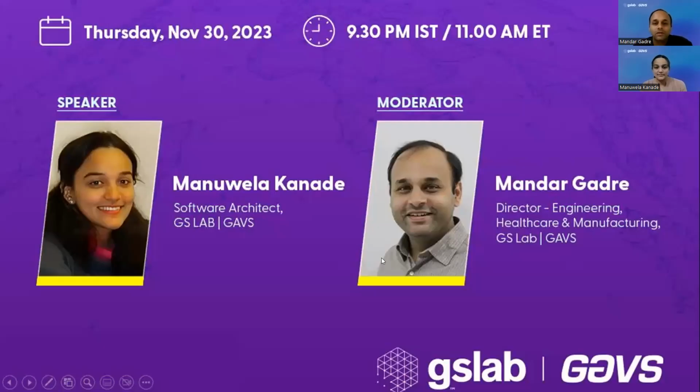She works at GS Lab Gavs as a software architect. She's leading several development projects, specifically in network automation. Brings a lot of experience, 14 plus years of experience in cloud and networking domains. She has been with GS Lab Gavs for now 8+ years, prior to which she was working with Cisco Systems in San Jose, USA. And while working with Cisco, I'm happy to mention that she has got two patents to her name, two US patents. And she's an alumna of Carnegie Mellon University, a prestigious school, and she has surely made her mark. So very happy to have you today, Manuela.